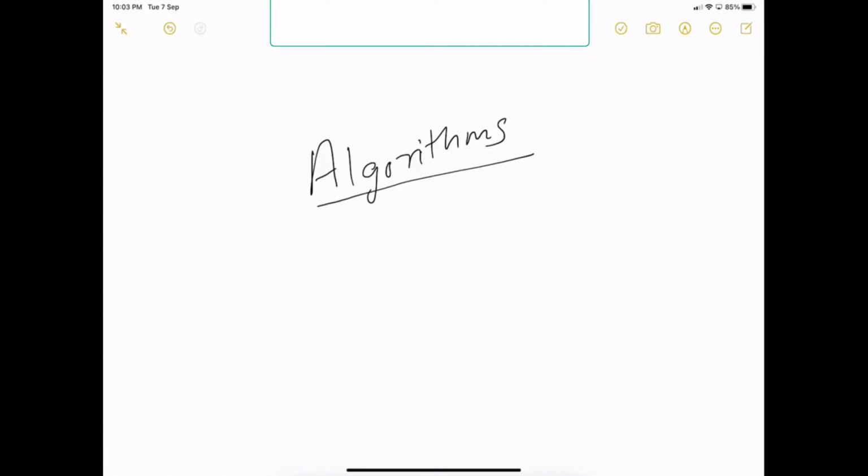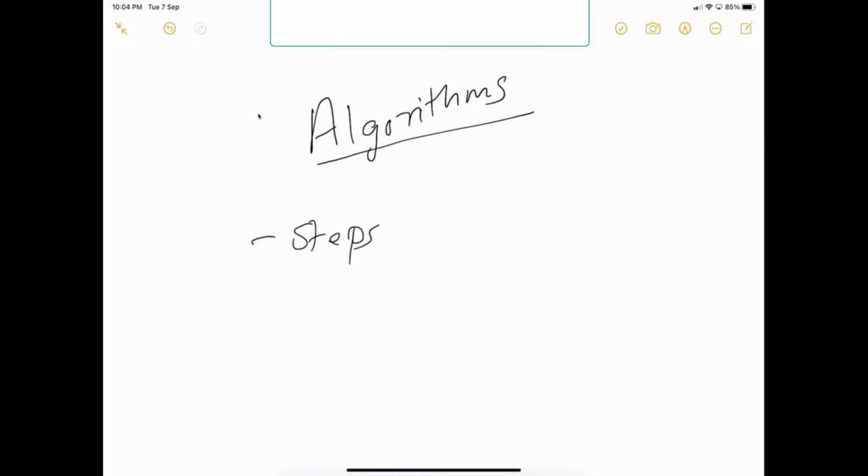In simple terms, an algorithm is a set of instructions to be followed to solve a problem. An algorithm can take one or more values as input, and it will provide one or more values as output.